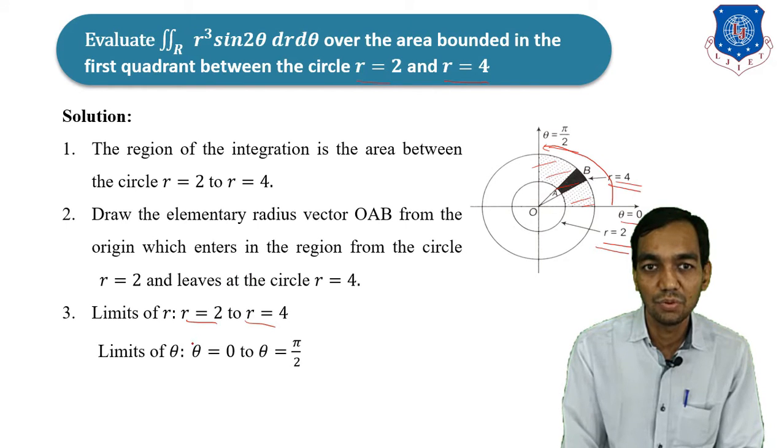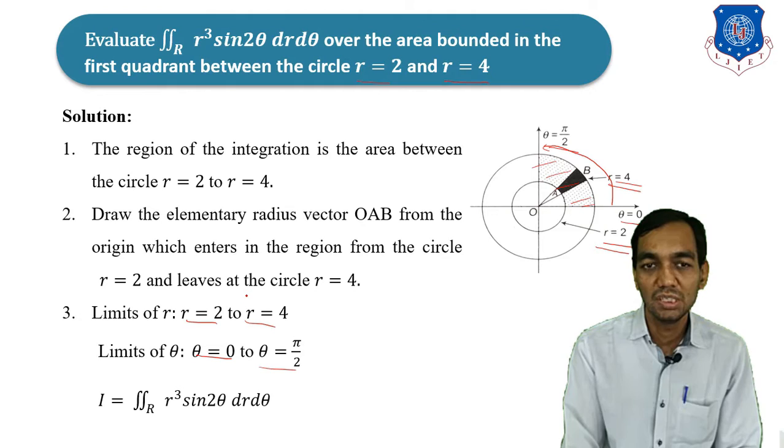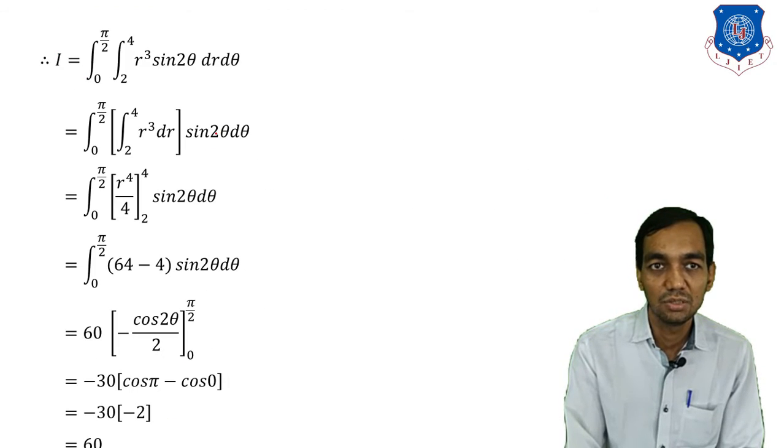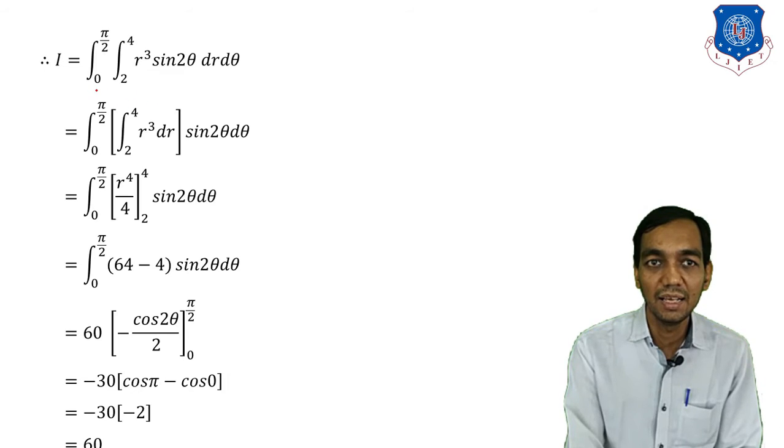If you put all these values in the given integration, then the integration is of the form I = integral from 0 to pi by 2, integral from 2 to 4, r cubed sin 2 theta dr d theta. And if you integrate first with respect to r,